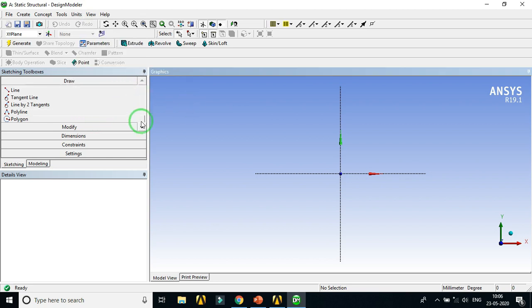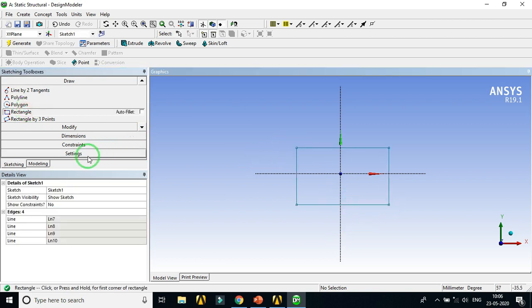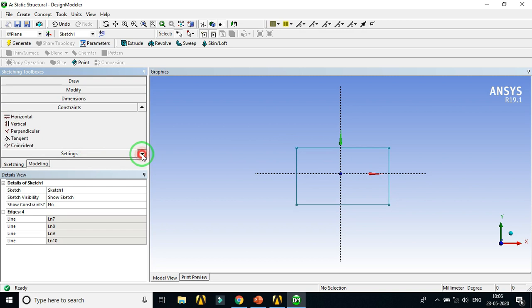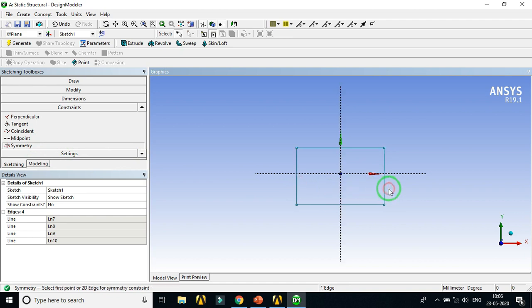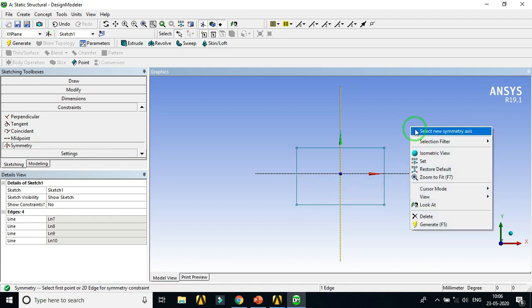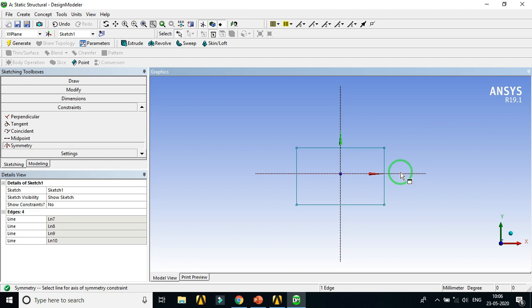Then select the rectangle tool from the Draw toolbox and create a rectangle. Then apply a symmetry constraint: select the vertical axis, then select two sides of the rectangle, then right click and select new symmetry axis, select the horizontal axis and select these two sides of the rectangle. So here we have given the symmetry.